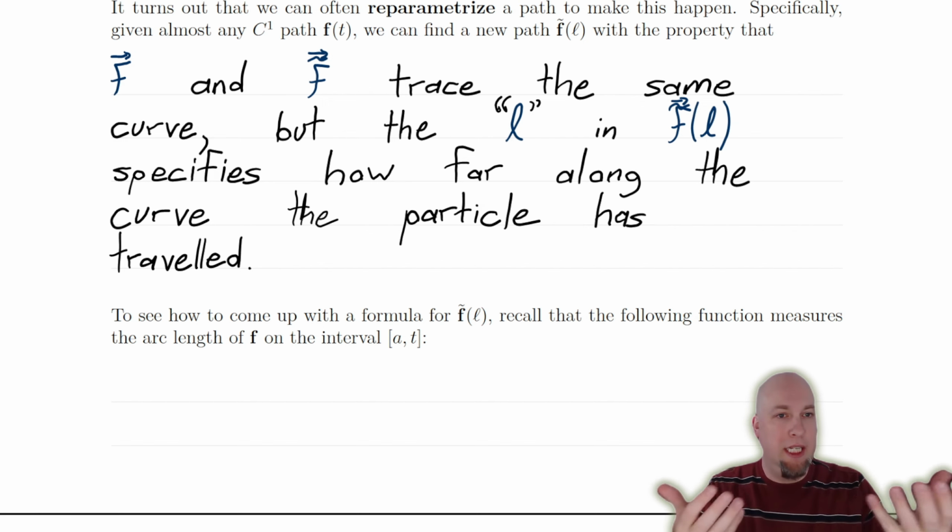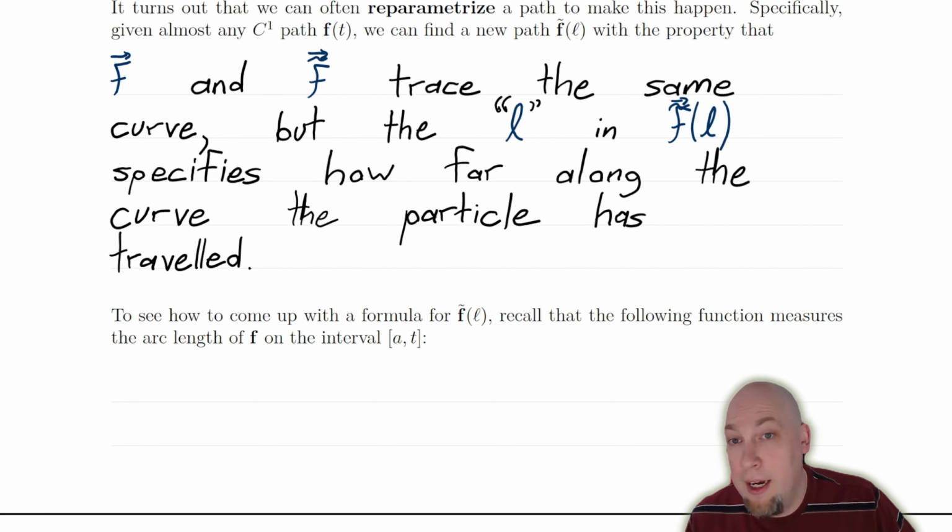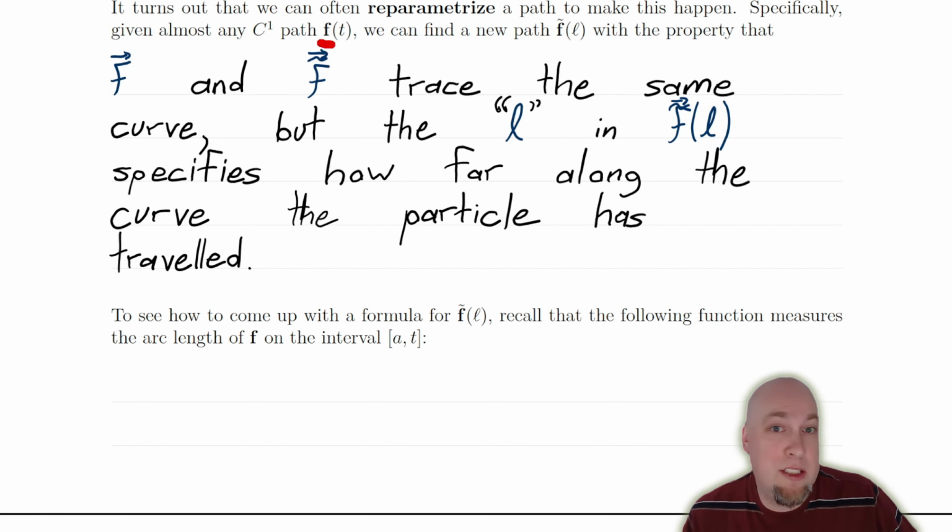It's sort of a normalized or a regularized version of this original path f. Okay, so how do we do this though? How do we actually come up with this new parameterization or this new path f tilde? Okay, and to start, really the goal here is to find a connection between these two parameters L and